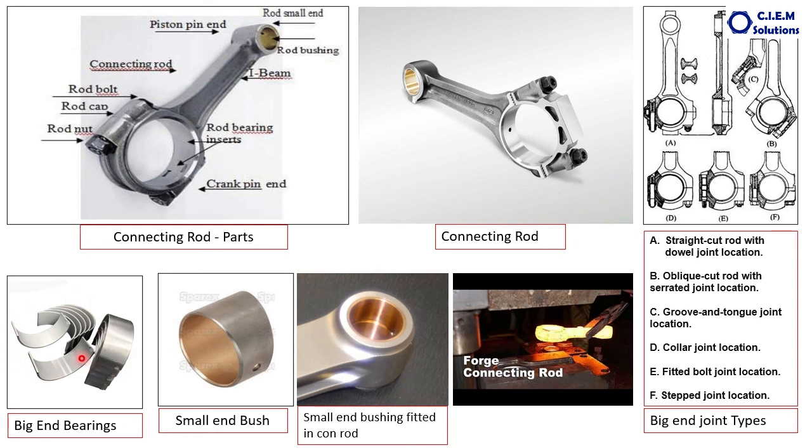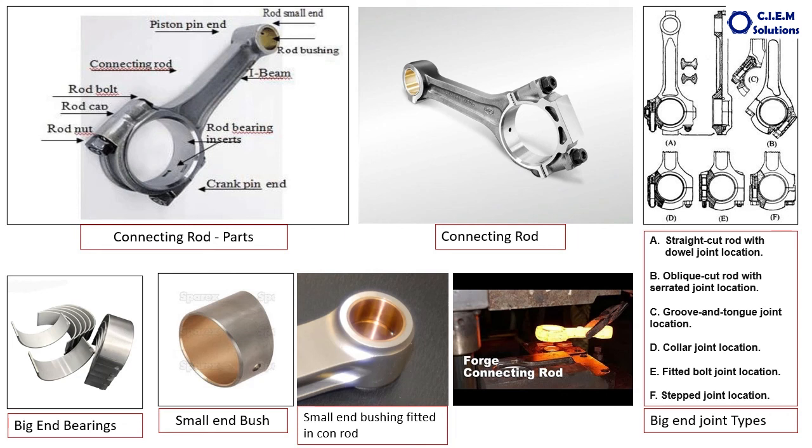These are the big end bearings. These are white metal, tri-metal bearings. These are identical to the crankshaft main bearings. How the crankshaft white metal bearings work is clearly explained in the crankshaft video. Half bearing: this half portion of the bearing sits in the connecting rod big end top, and the other half of the bearing is seated in the cap. This is about the connecting rod.